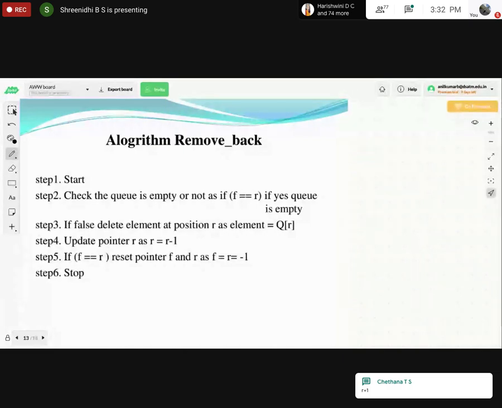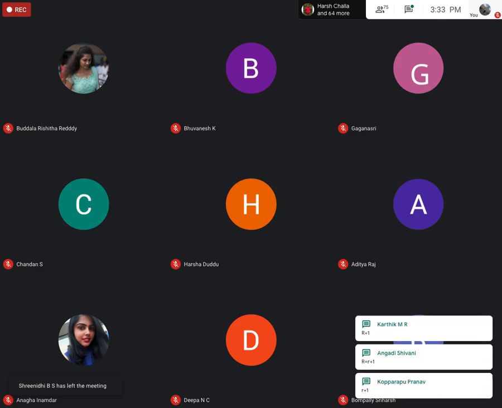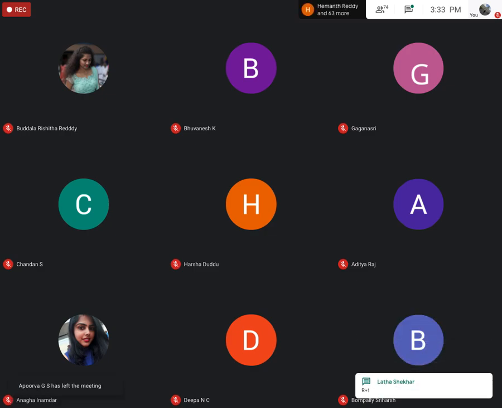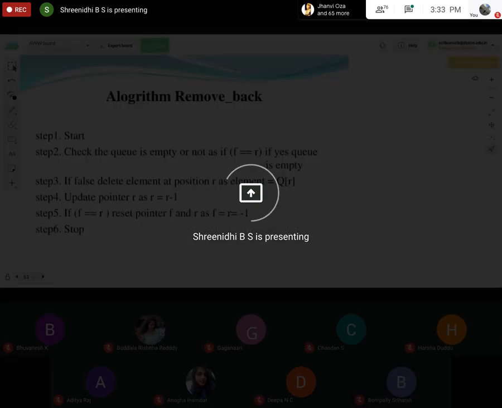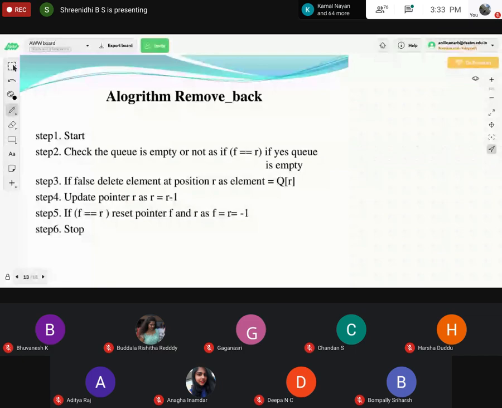Update pointer, what we have done there, when you insert... So when you delete data from the backend of the queue, rear is equal to r minus 1.